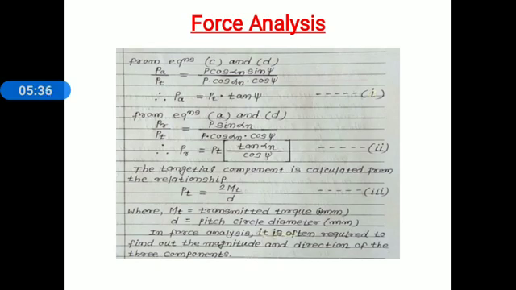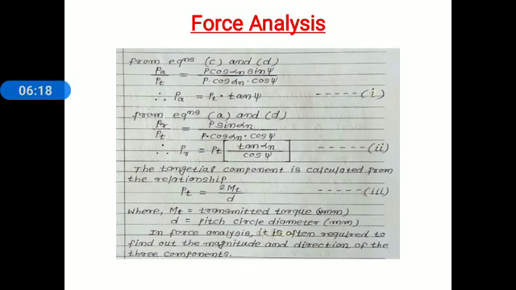Again, dividing equation A and D. Left hand side, radial component divided by tangential component, Pr divided by Pt, is equal to right hand side, P sin alpha suffix n divided by P cos alpha suffix n into cos psi. P gets cancelled. Sin alpha suffix n divided by cos alpha suffix n is tan alpha suffix n, and therefore the radial component Pr is equal to Pt inside the bracket, tan alpha suffix n divided by cos psi. Consider equation 2.